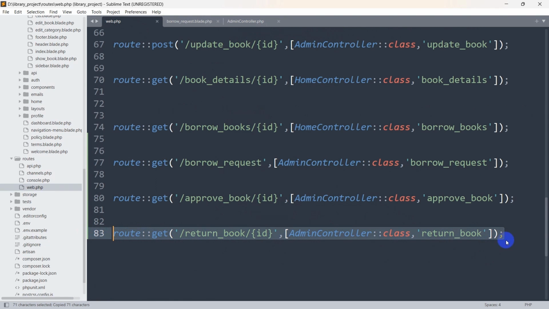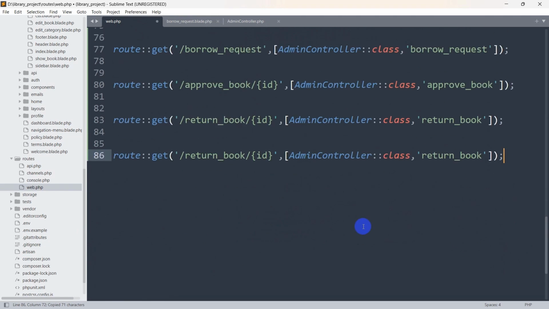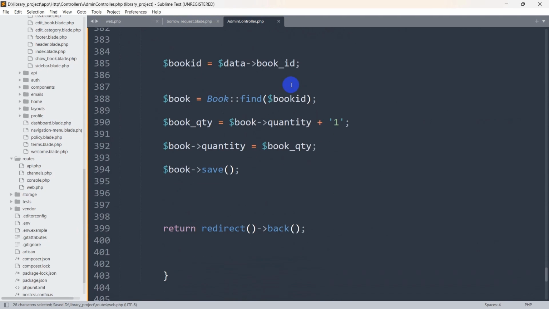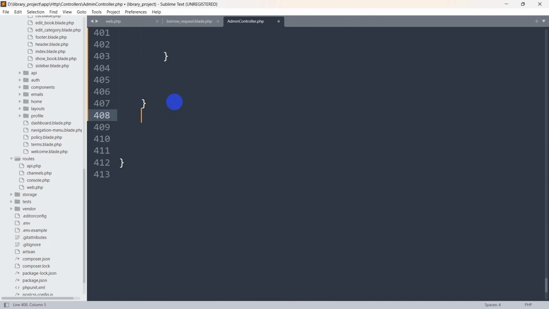Let me just copy it, then paste it over here. We are going to say rejected, then the function name will be rejected. We catch the ID. Let's go to our admin controller. Rejected is super simple. We just need to say over here public function rejected, first bracket $id, second bracket, and we are just going to say over here